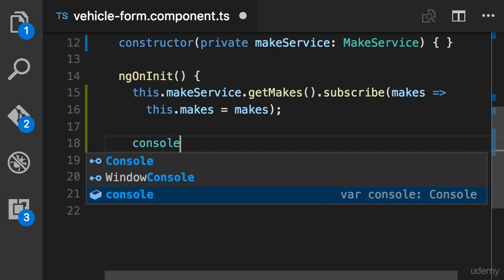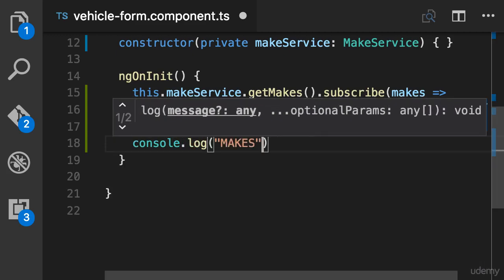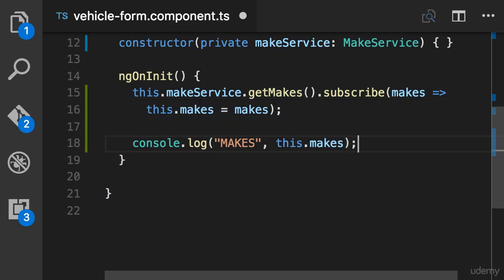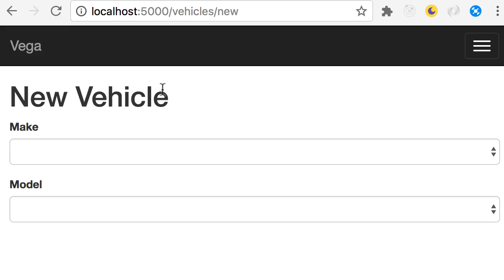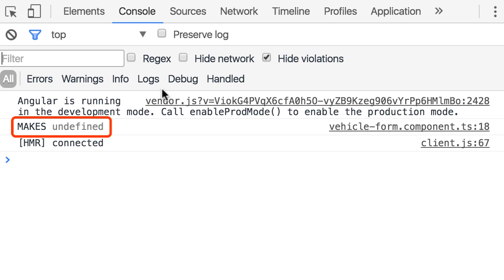So console.log makes, comma, this.makes. Save. Now refresh the page. So ngOnInit is called. And now let's take a look at the console. Look, interestingly, something is wrong in the code. So makes is undefined. Now imagine if I also wrote the code to populate the dropdown list, then it would